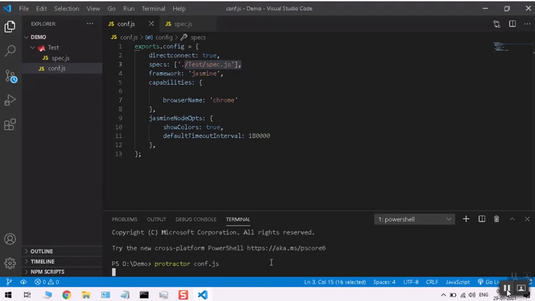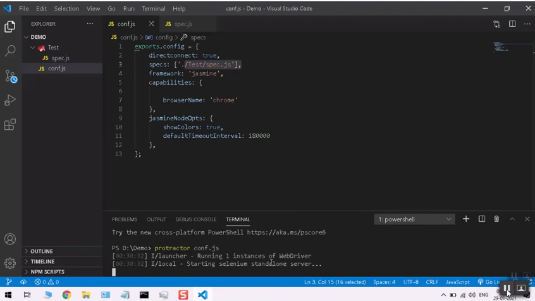It will launch the browser, then load the web page, then verify the condition. Let's check whether we will get any error. If there is any error, we will correct it. No issues.